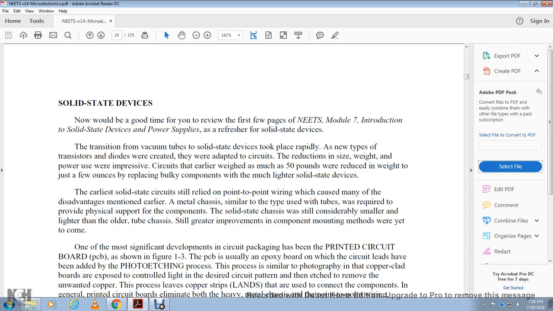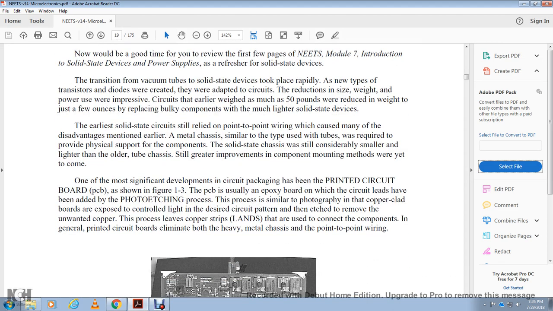but the solid state chassis was considerably smaller and lighter than the older tube chassis. Still, a greater improvement in component mounting methods was yet to come. The most significant development in circuit packaging has been the printed circuit board, PCB, shown in figure